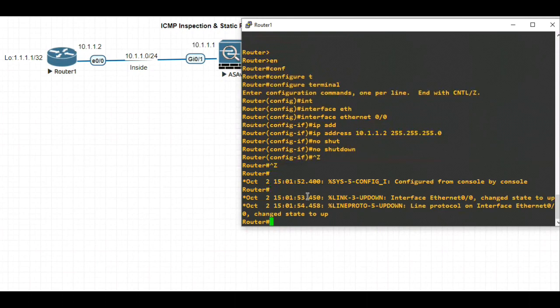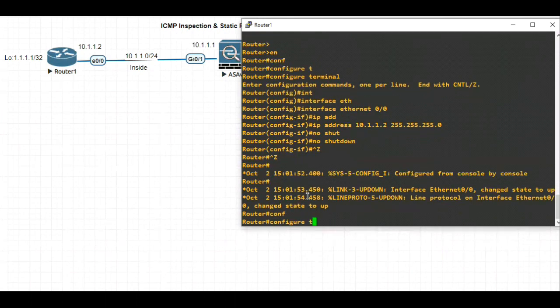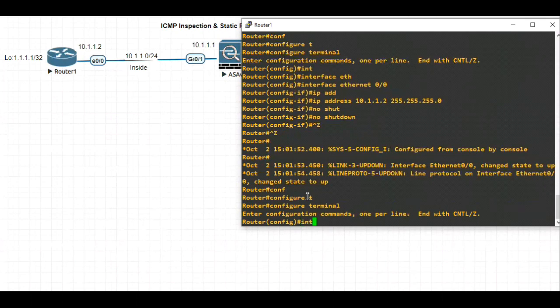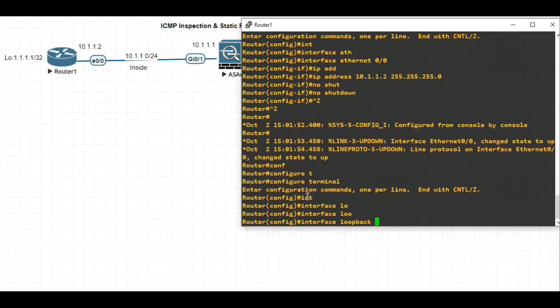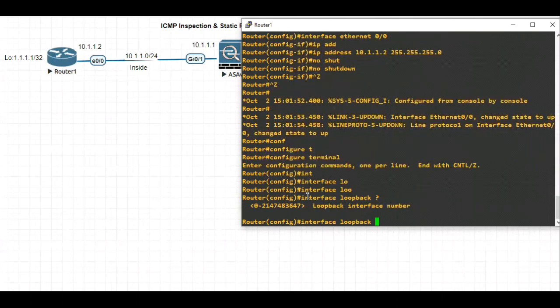And for the loopback IP address, let's configure the loopback IP address also. Interface loopback 0, and then your IP address 1.1.1.1.